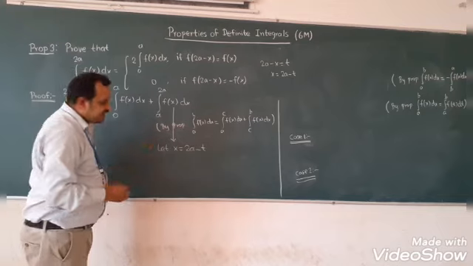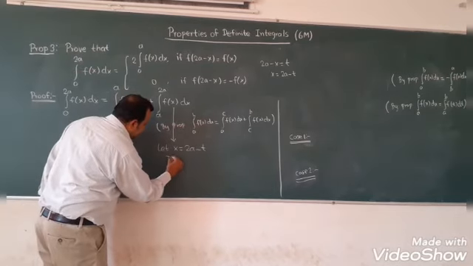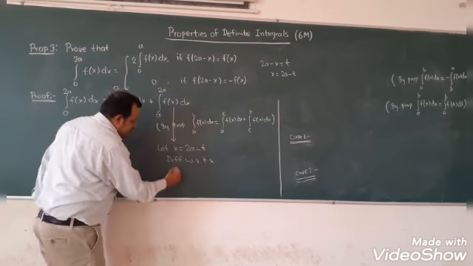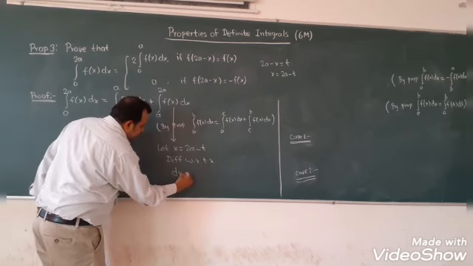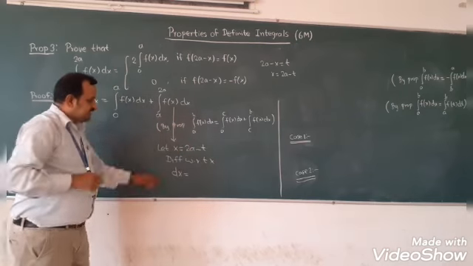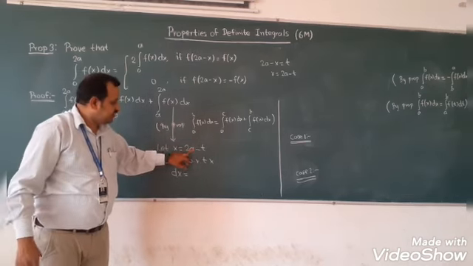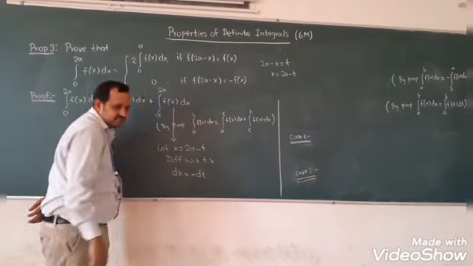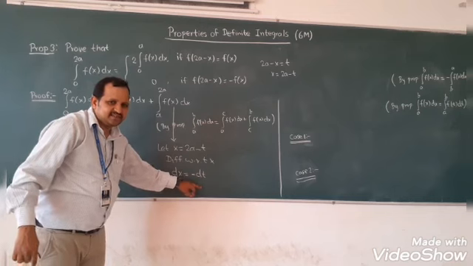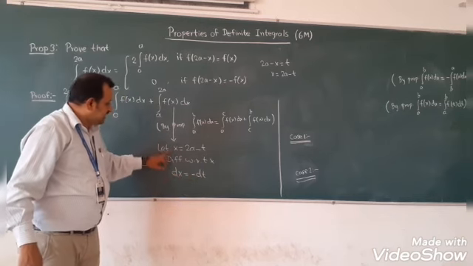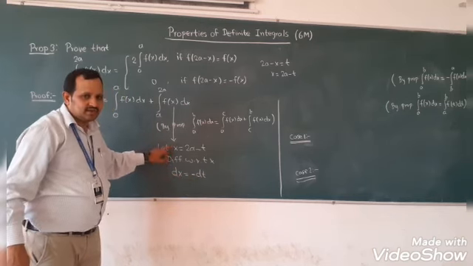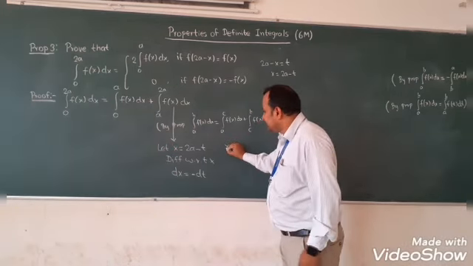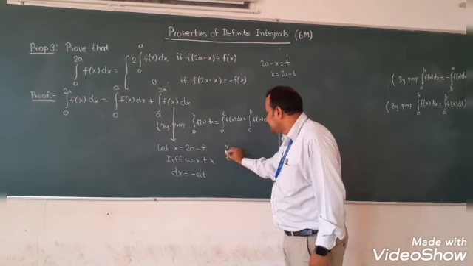Now dx means differentiate. So here I can say differentiate both sides with respect to t. So differentiation of x, dx is equal to, now see here, 2a is constant, 0, so this I can say minus of dt. I hope it is clear. So dt by dx will come, then cross multiply, you will get this. The moment you do substitution, limits will get changed. So here I can say old variable is x, new variable is t, right?